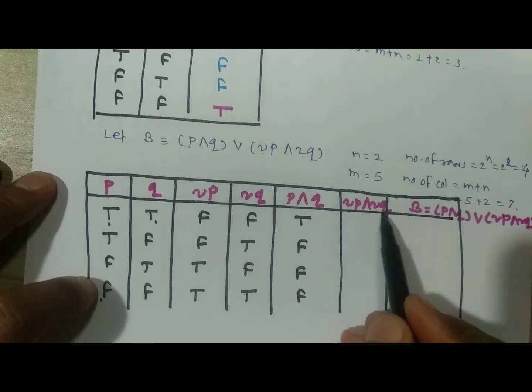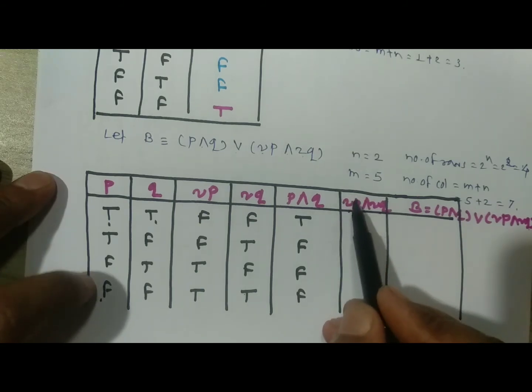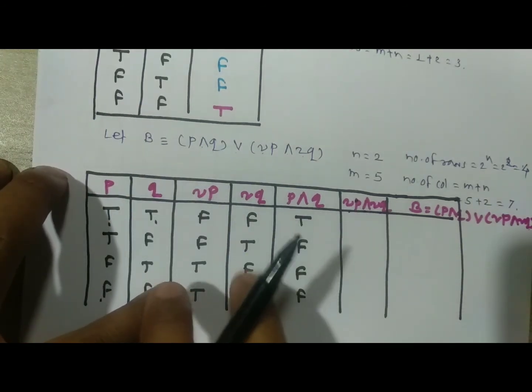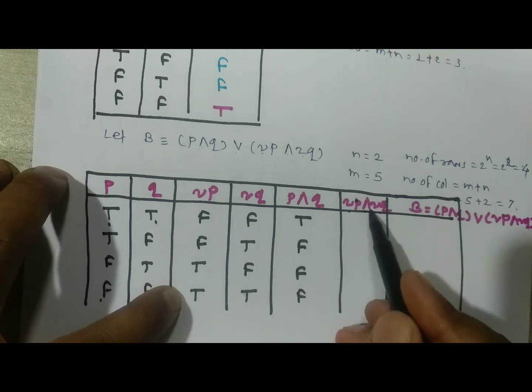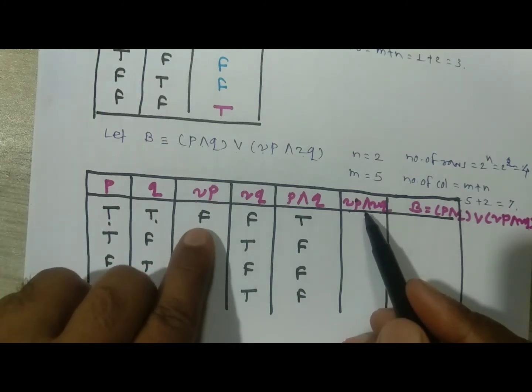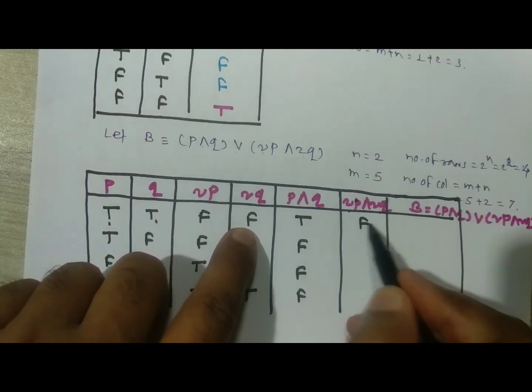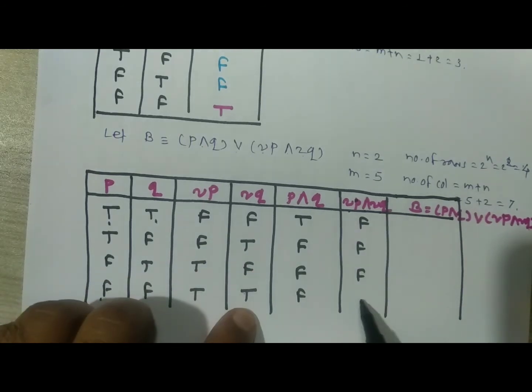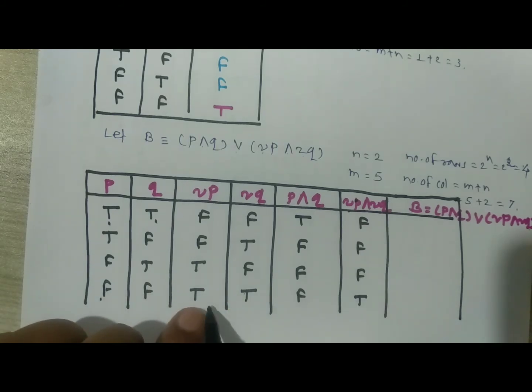Negation of P and negation of Q. Here the first statement is negation of P, that means this column, and negation of Q, that means this column, and both have once again a conjunction. And you know the rule of conjunction: when both statements are true, then it is true, otherwise false. Here first statement is false, second statement is false, then it is false; false, true, it is false; true, false, then it is false; true, true, then it is true. That means both statements have the same truth value, true, so you will get the conjunction true.